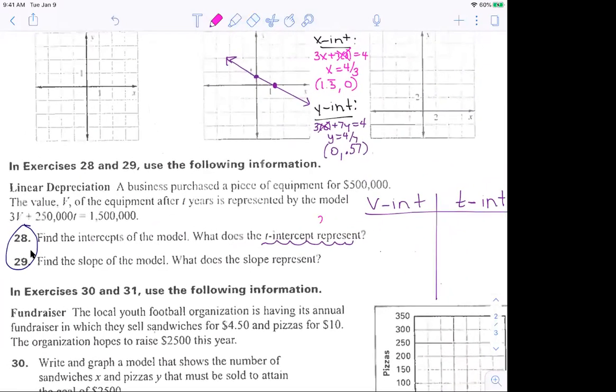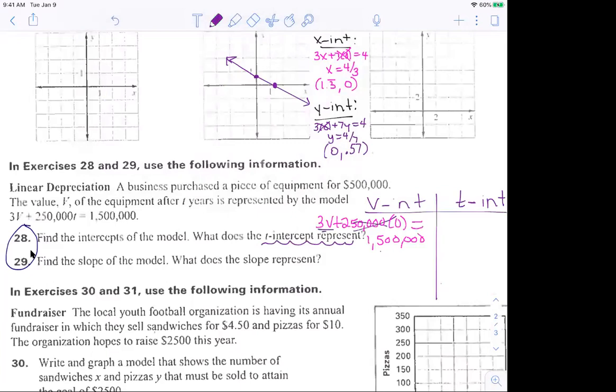So we have 3v plus 250,000 t, which I need to make 0, and that equals 1,500,000. So I know that my t variable is gone. And now I have 3v equals